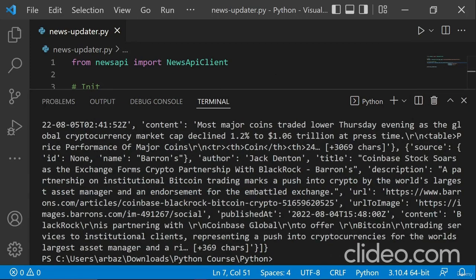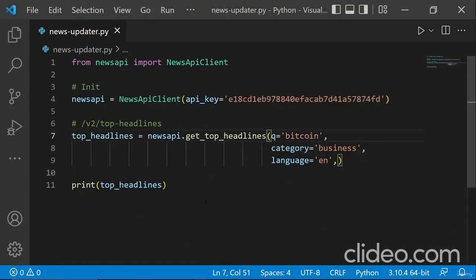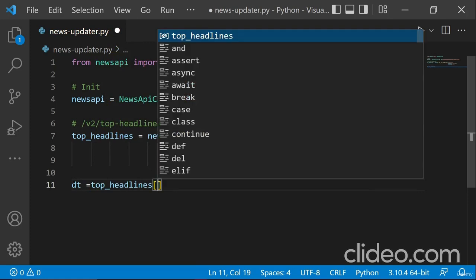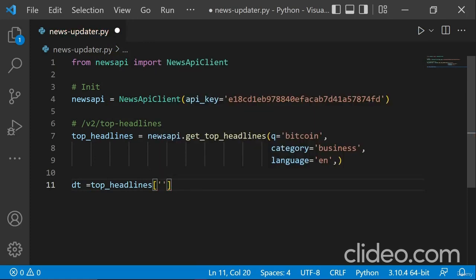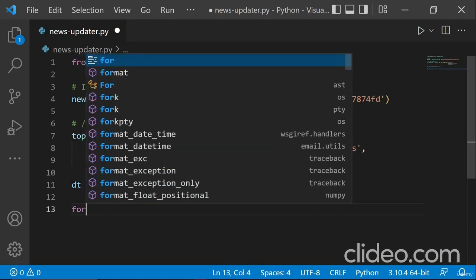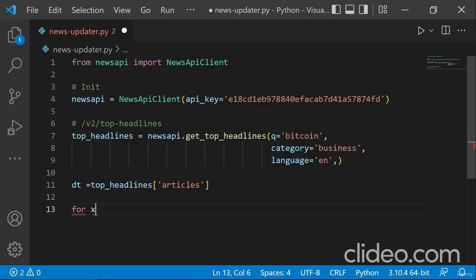To overcome this issue, we need to add a few lines of code in here. I will close this terminal from here, and I will create a variable name dt that will be equal to top headlines, and in top headlines we are going to be searching for different articles. So I will add articles, and after that in the next line we will run a for loop, and we will do x, y